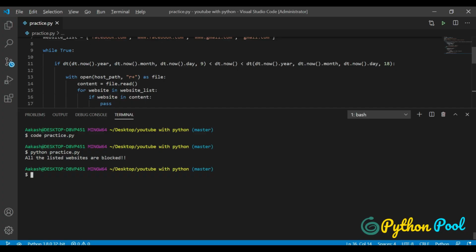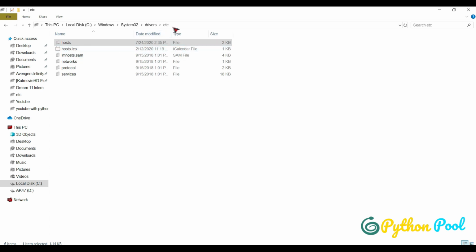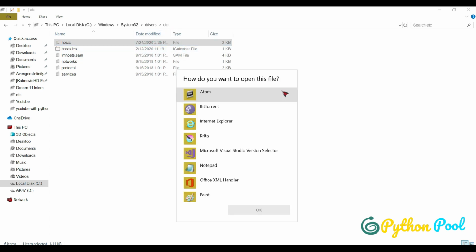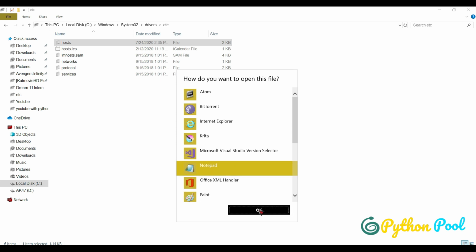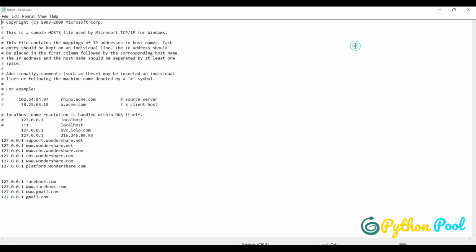And once we pass this time, once we pass 6 p.m., we could try to reach Facebook again, and you could see that you could reach Facebook by then. But right now, how can we unblock that Facebook? Once again, go to your etc folder, host, open this host file with the notepad, and you could see that this facebook.com, gmail.com, Python has written that for us.